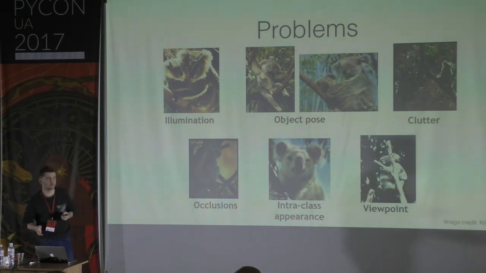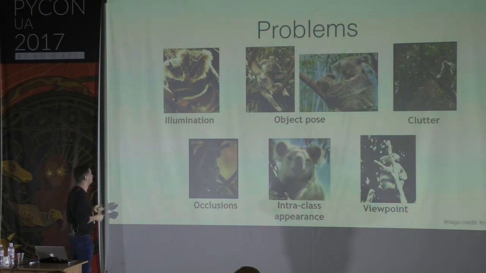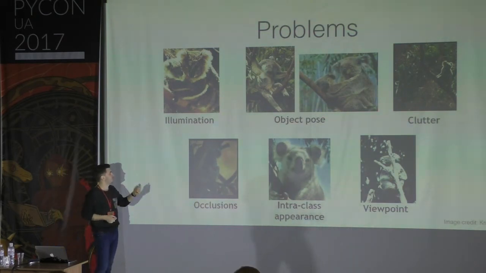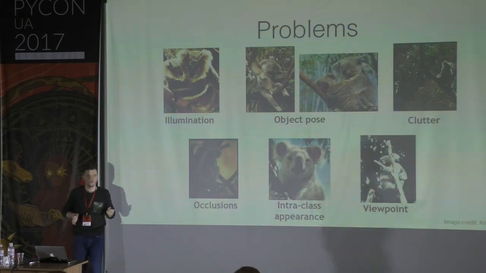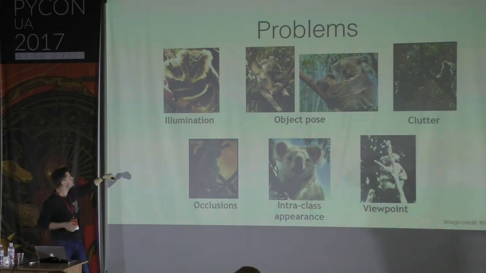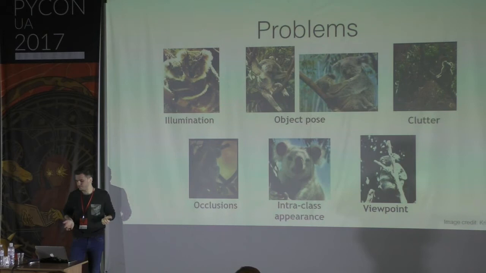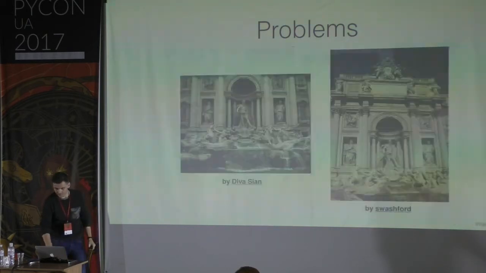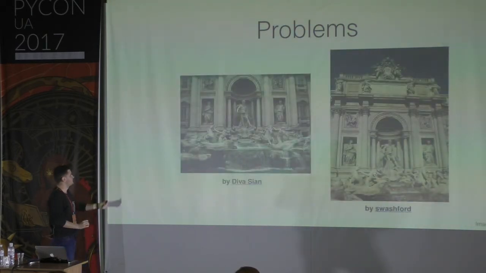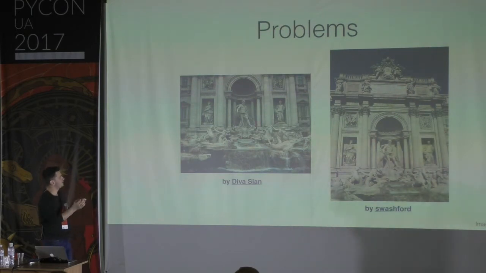When we compare images globally, they're still prone to illumination changes, object pose changes, clutter, occlusions, a lot of things. So you see here we have the same animal, but if we just try to use colors to compare the images, we would fail because the colors can be various. And it goes further. So this is the same sculpture, but again, the crop is different and the lighting is a little bit different. Color statistics will not help here, probably.